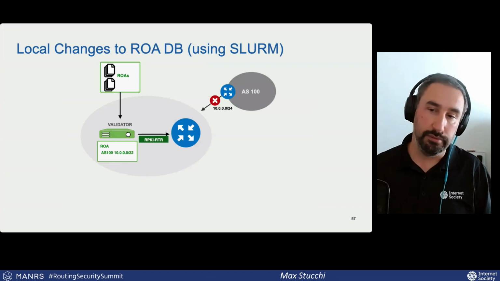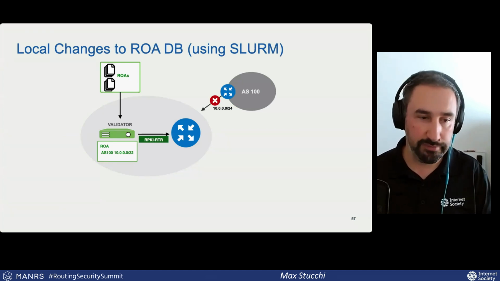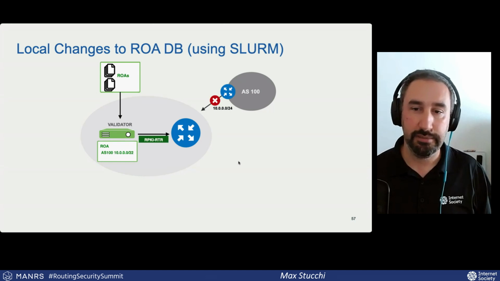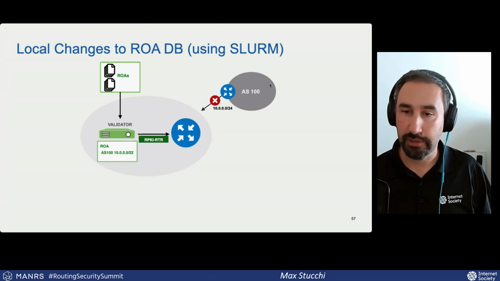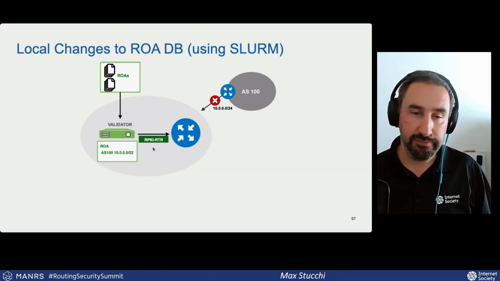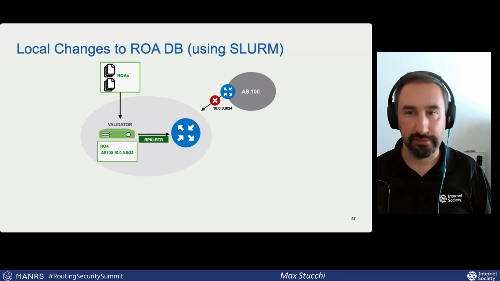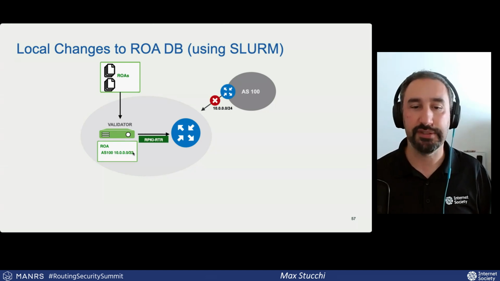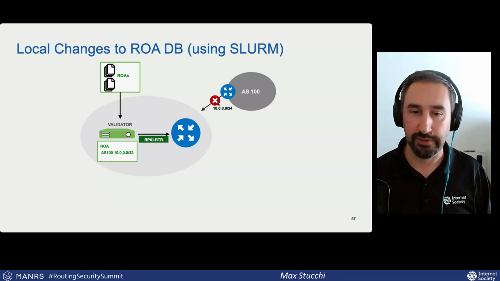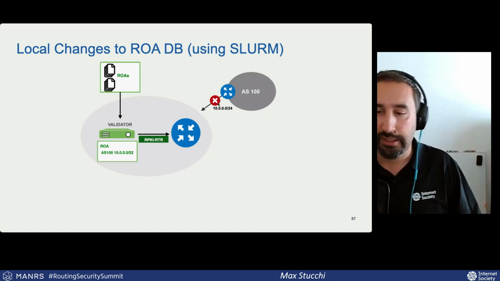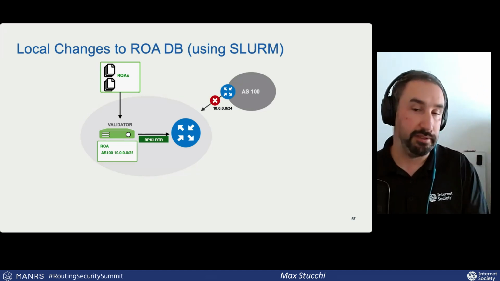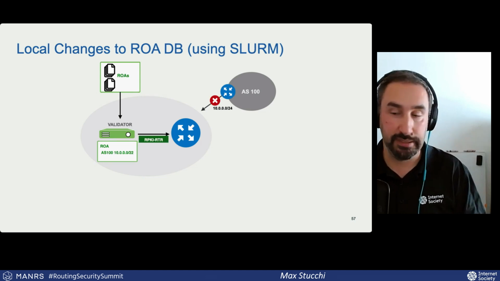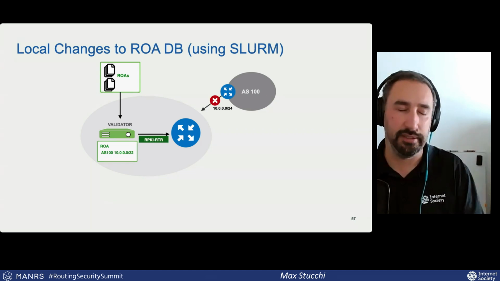But what we can do, and we still have a couple of slides, I'll be really quick here, is imagine you're in a situation like this one. You have 10/24 that's being announced by one of your customers, but they have created a ROA, or someone had created a ROA in the past for them for AS100 to announce just the /22, not the more specific route. There is an RFC that explains this, and this is a mechanism that's